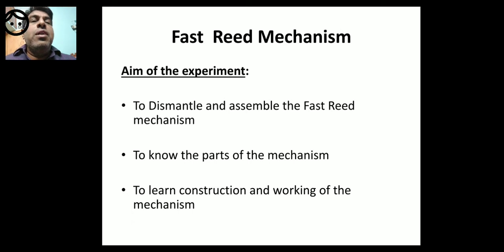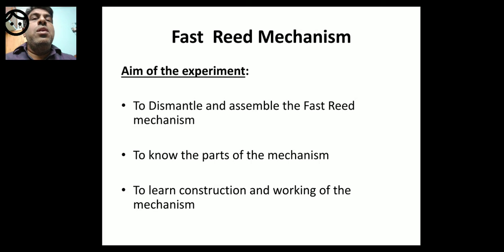Seven lever, seven wheel take up mechanism we have seen. So what are the secondary mechanisms? Let off mechanism and take up mechanism. Now I will define let off mechanism.